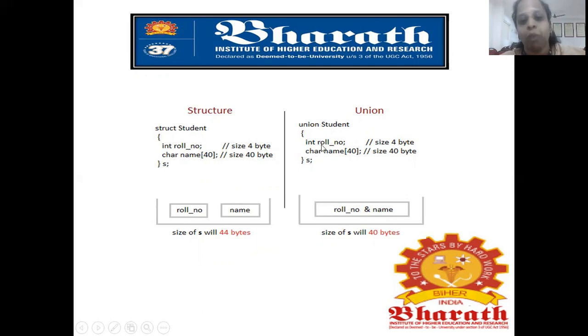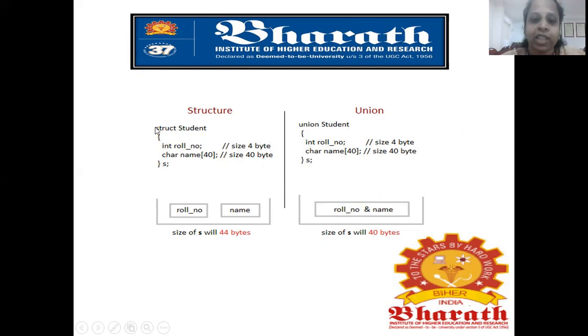These both things are stored in a single unit. Whichever data occupies more memory, that is assigned. So this is 4 and 40. Regarding your structure, it is stored separately, but in your union there's a combination. Whichever data occupies more memory is assigned in a single unit. That is called a union.